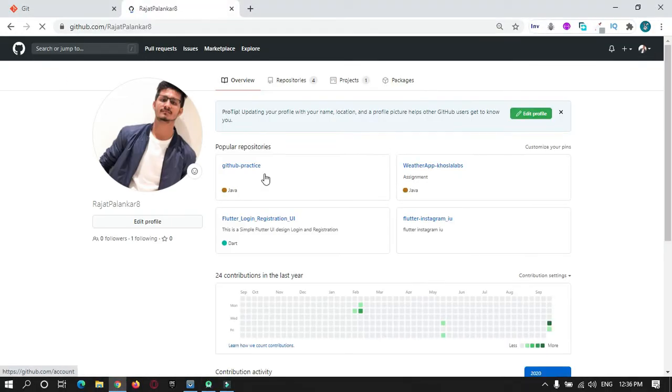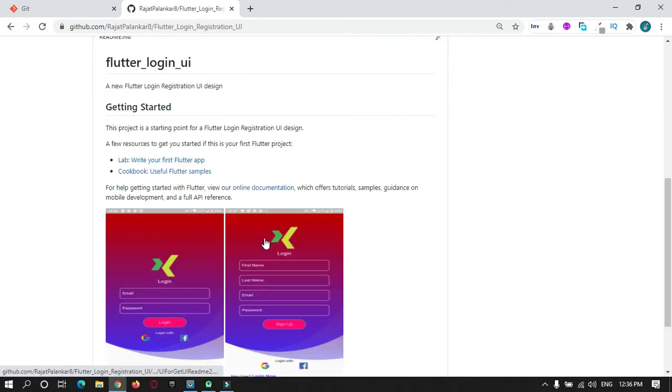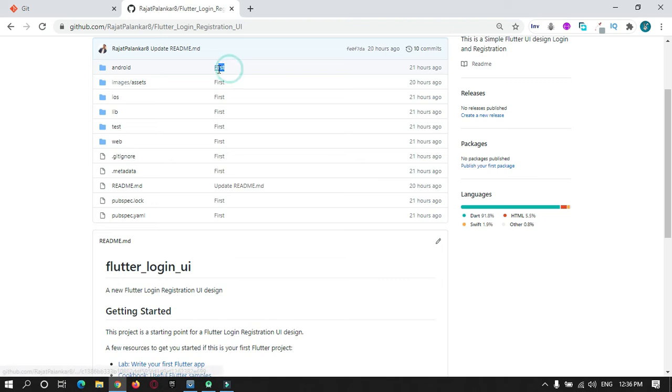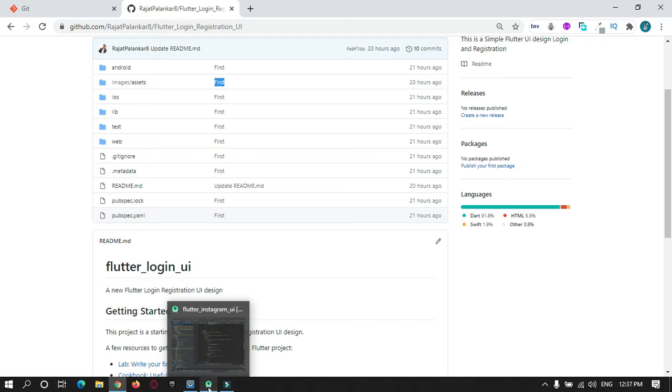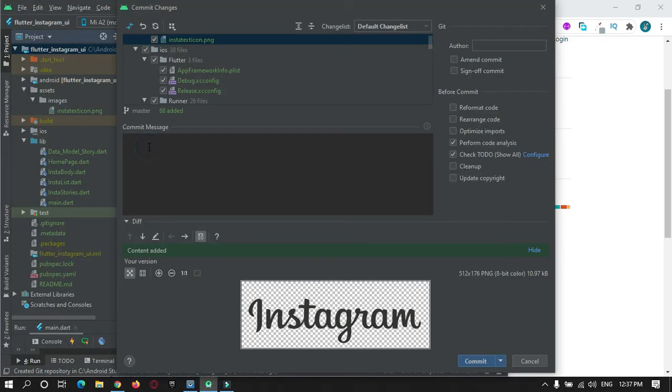For example, this is my project. You can see here, this is the commit message. Okay, you can enter it here. Here I will write Instagram version 1 UI push.